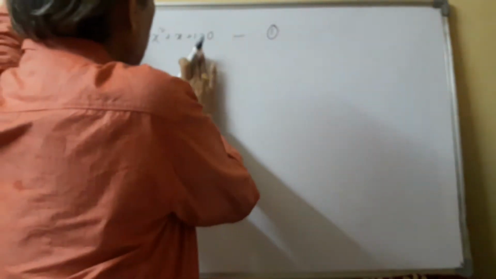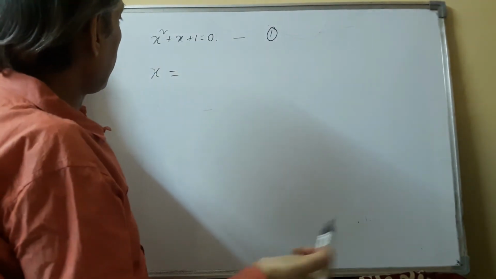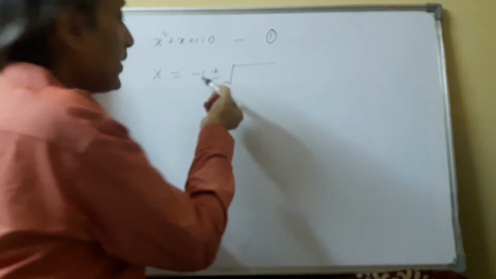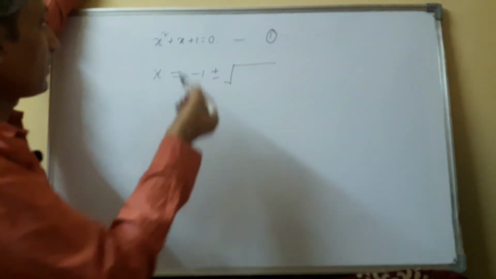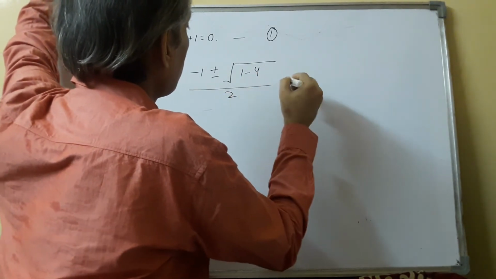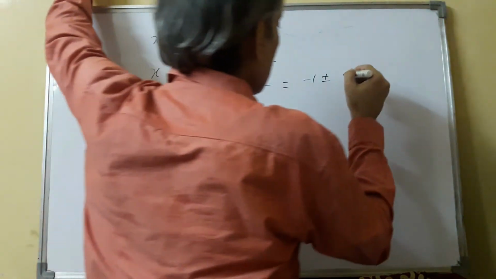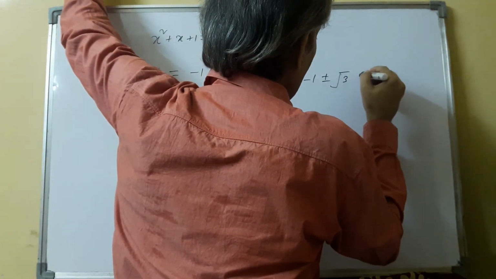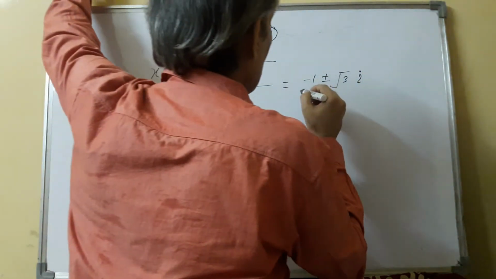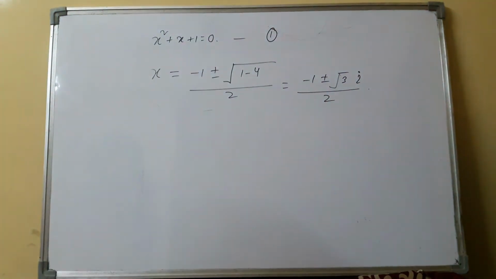Now solve the original equation just by applying the simple quadratic formula. Minus b plus minus square root of b square minus 4ac upon 2a. We are getting minus 1 plus minus root 3, this is iota, iota upon 2. So these are the two roots, and as we know,